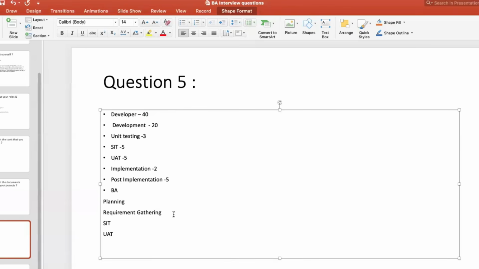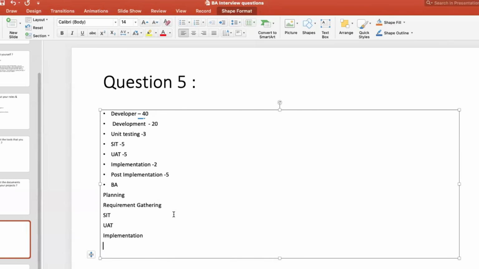Then implementation, of course, deployment. For that you'll be there, and for post implementation. So after a month we go live. For the warranty period, you need to coordinate. Until then, you will be coordinating. After a month, production support team will take over. So planning, yes. Planning means all the project planning activities, scheduling the elicitation calls, pinging them, sending emails, doing all this coordination between your team, scrum team, business owners, all that will be coming under planning.